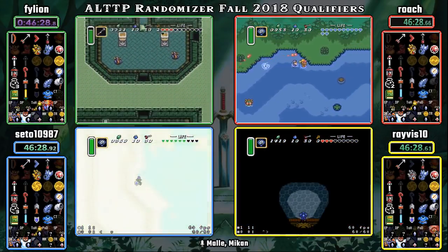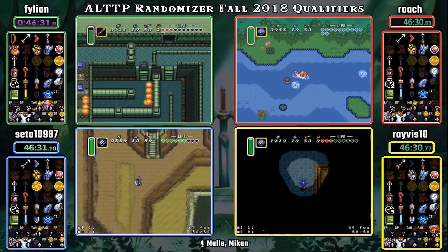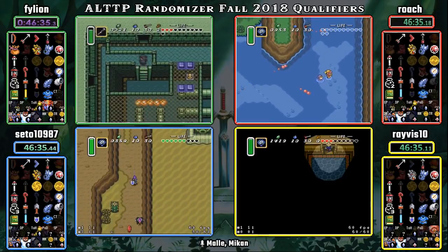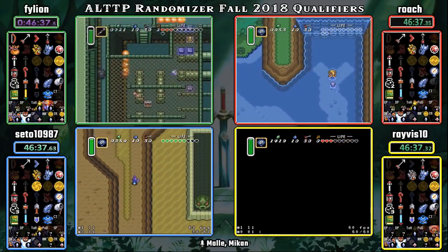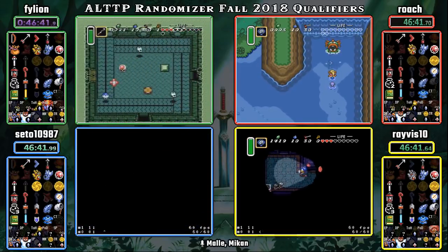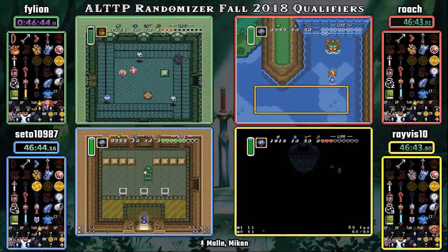Oh, there's powder. The bat is a friendly NPC, apparently. He curses you with a good item. It would be hilarious. Well, actually, never mind. If he had the bow. Yeah. Well, yeah, the one where you have...